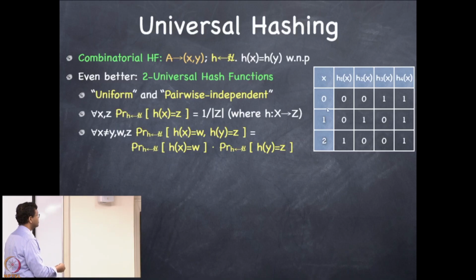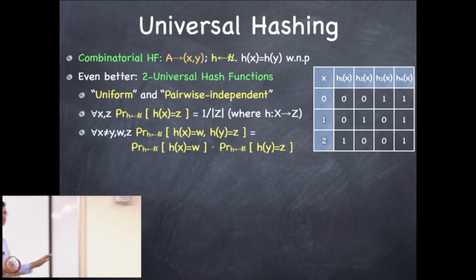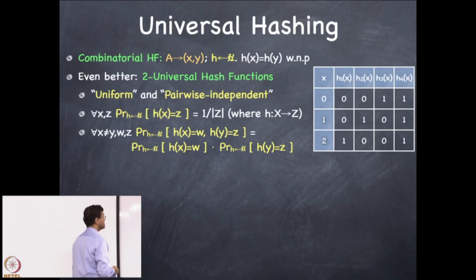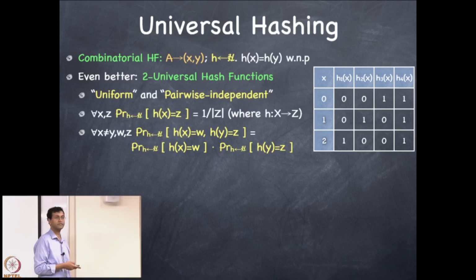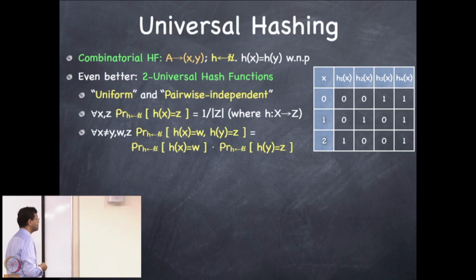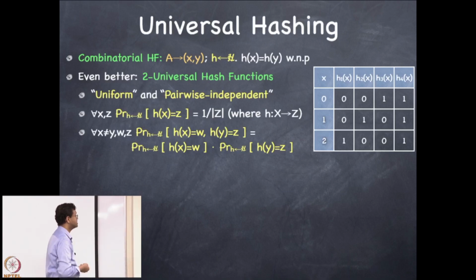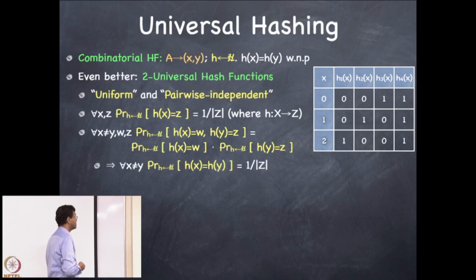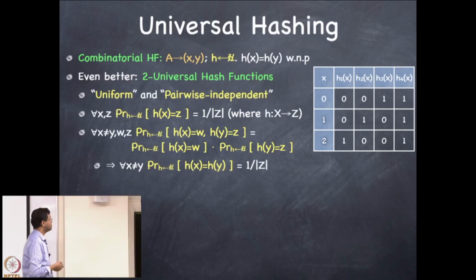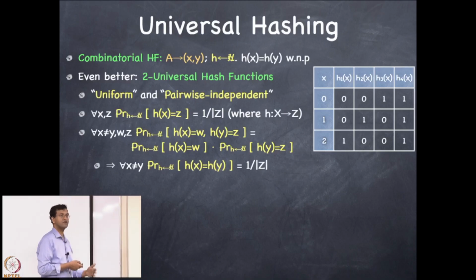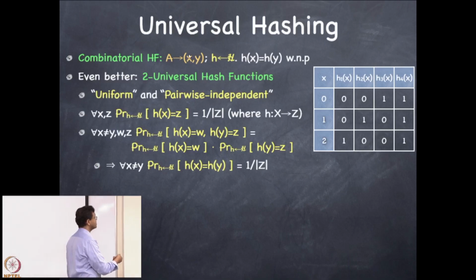You can look at another one and you will see the same thing, and you can look at this one, 0 and 2, and you would see the same thing. Okay, so this is a tiny example of something that's 2 universal. It's a 2 universal hash function family. Those 4 functions form such a family. Okay, and with these 2 properties, we can calculate the collision probability, the advantage or the success probability of the adversary